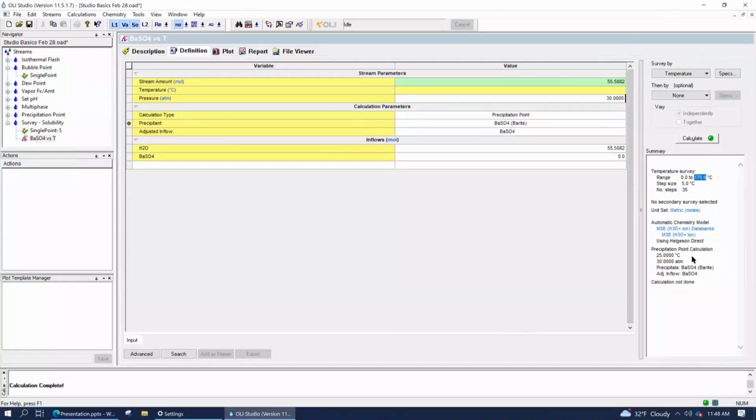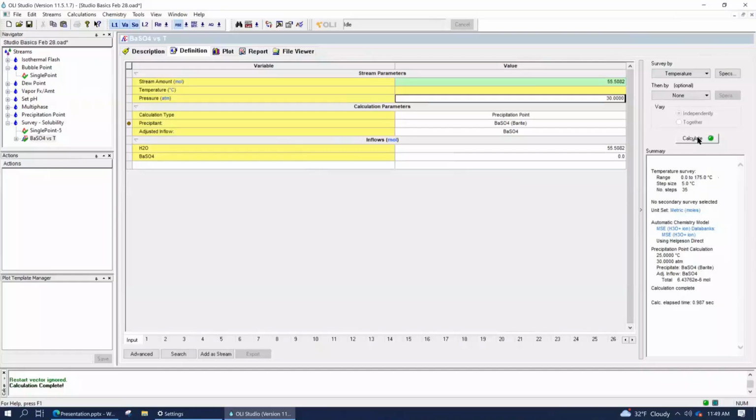But in order to make sure that the system remains a liquid, I've got to change my confining pressure from my default value of 1 to something that's going to be overburdened. And I'm guessing maybe 30 bar should be enough. Probably wrong, and we'll find out. Once you make those changes, press the calculate button. This calculation will be fast. I mean, these are very quick calculations.